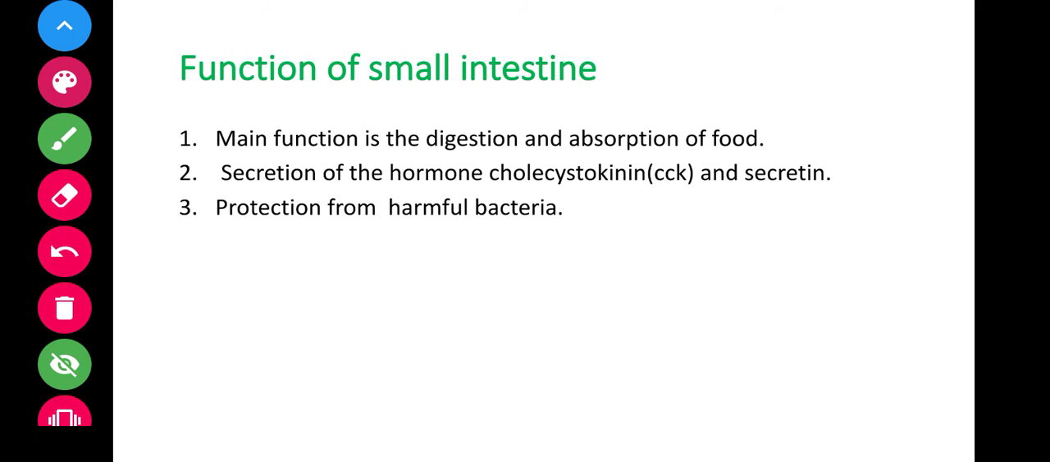Okay, and second one is the secretion of hormones cholecystokinin CCK and secretin, and third one is the protection from